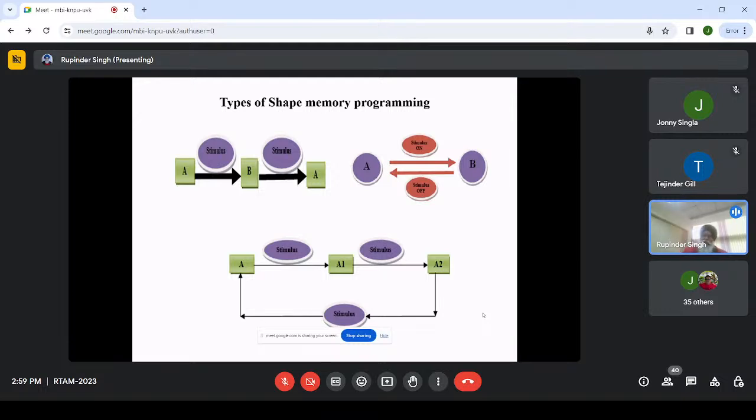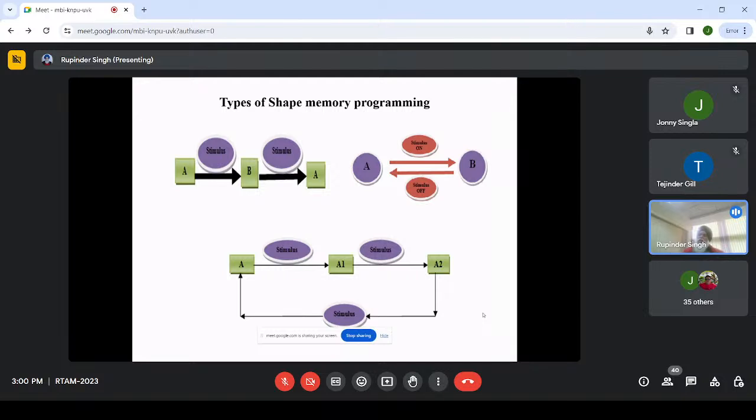So what is another stimulus? The most common stimulus for this type of environment is high temperature. Suppose there is a sunstroke over there. So what will be the effect of heat? If I am able to get it back to state A, this is a typical example of one-way programming, right? And people have reported a large number of papers specifically on 4D behavior as a one-way programmed material, development